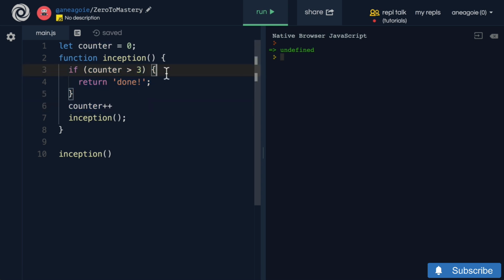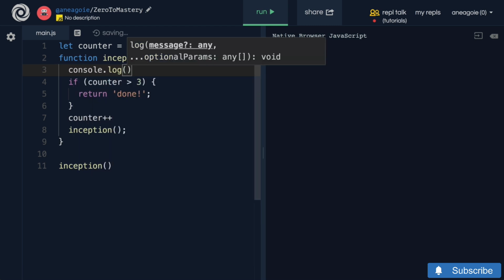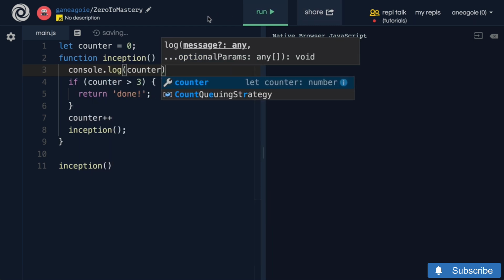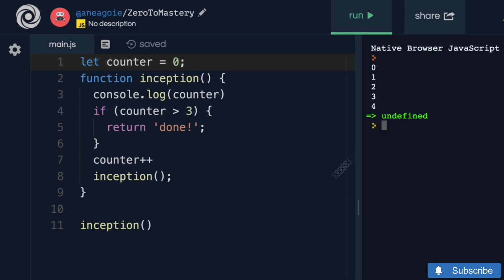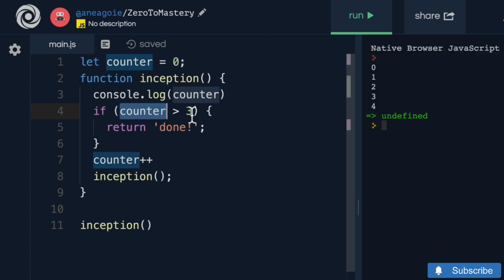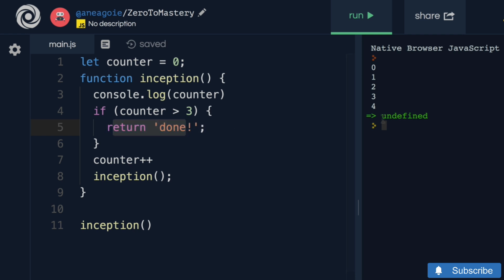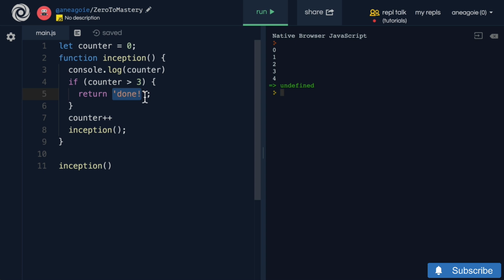So let me console.log here our counter and make sure that this works. If I click run, I get 0, 1, 2, 3, 4. When it gets to 4, counter is greater than 3, so we're returning done. But why is there no done here? And this is a great illustration of how recursion works. I'm going to copy this code